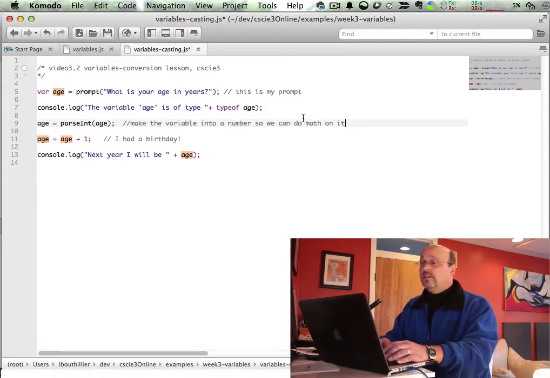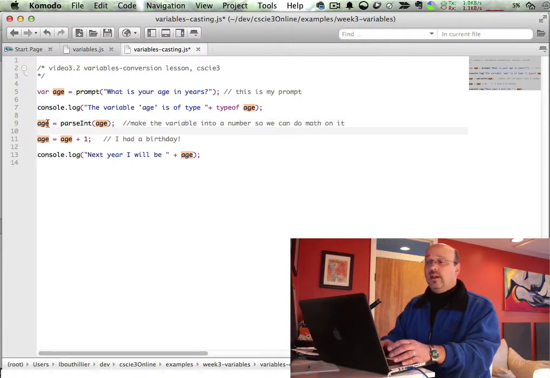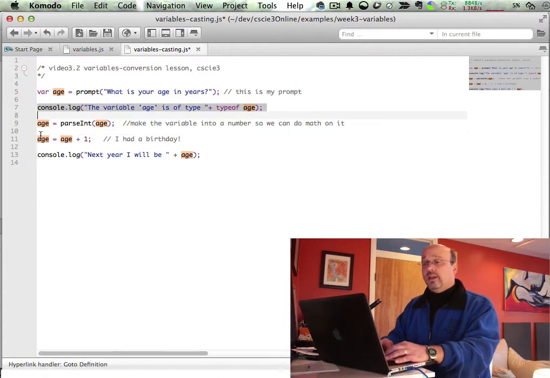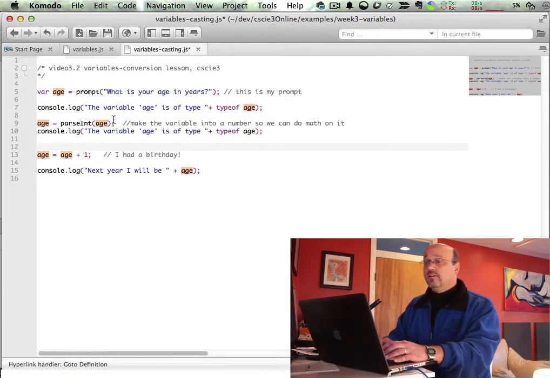And what parseInt does is it tries to read the value of age, or I should say the string that's passed into it. It tries to read it as a string and figure out if it can convert it into a number in a logical way. So if we say age gets parseInt age, and then we again use the console.log,